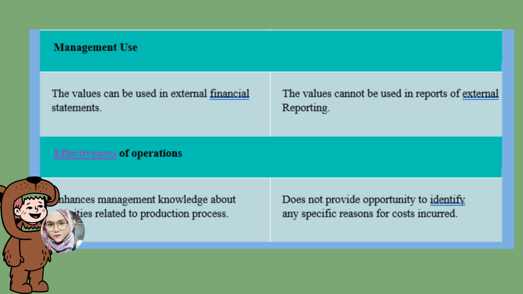And the last, effectiveness of operation. Activity-based costing helps change management with knowledge about activities related to the production process. And how about traditional costing? It does not provide the opportunity to identify any specific reason for cost inquiry. So that's